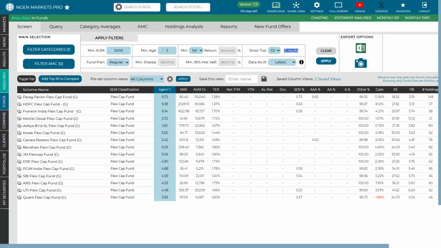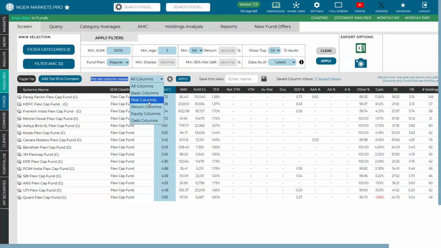Now, specifically talking about risk parameters for these funds, we have provided you with preset column views mentioned right here. You can simply click on this drop down and we have preset certain basic column views, risk related column views, return related column views, and so on.